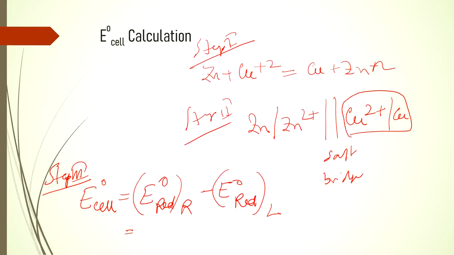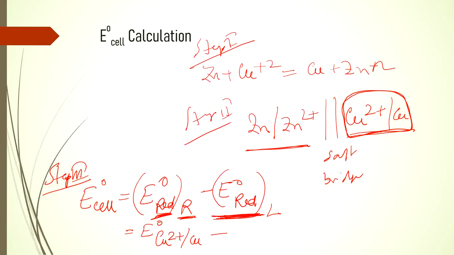This is the right hand side, that is the copper 2 plus by copper, right? So we will write the right hand side, this is the R for right hand side, redox potential, reduction potential. Okay, so the right hand side reduction potential would be E0 of right hand side, that is the copper 2 plus by copper, so E0 of copper 2 plus by copper, right? Okay, so now minus E0 reduction of left hand side. Okay, so E0 reduction of left hand side, what is the left hand side? This is a zinc by zinc 2 plus, but we have to write this term in a reduction pathway, right? Because this E0 reduction, so we will write E0 zinc 2 plus by zinc, not zinc by zinc 2 plus,